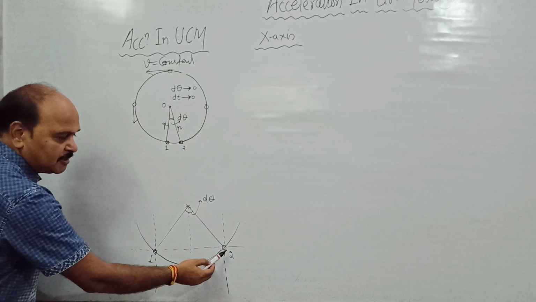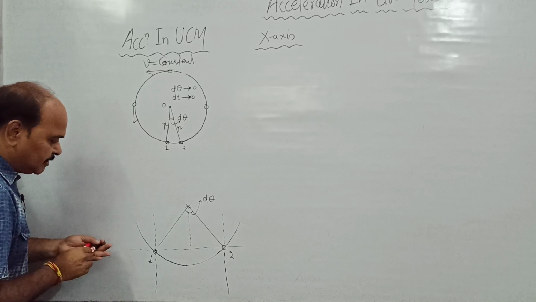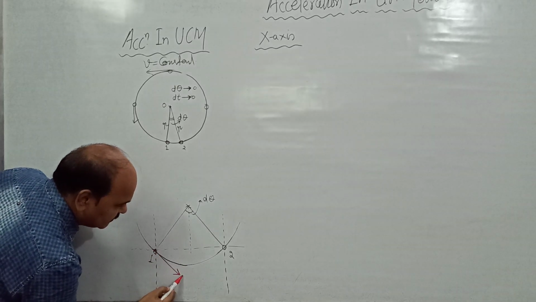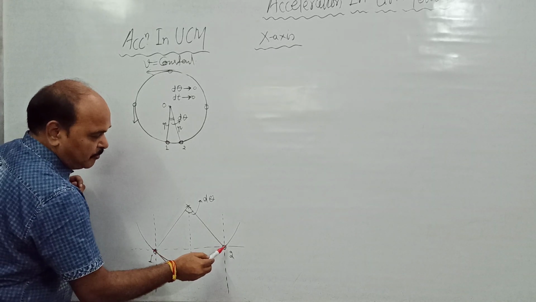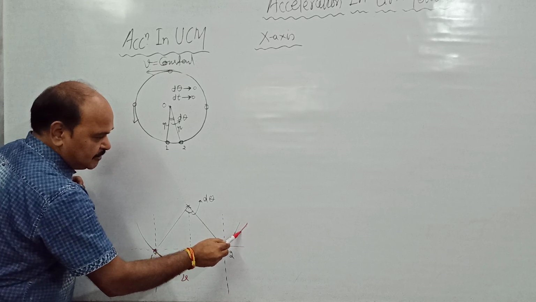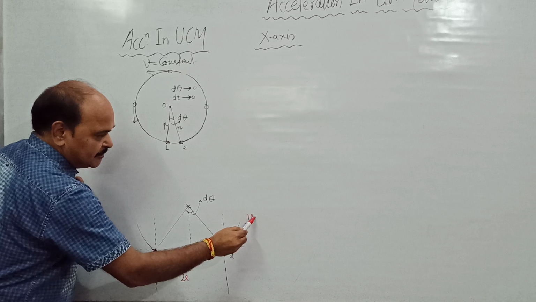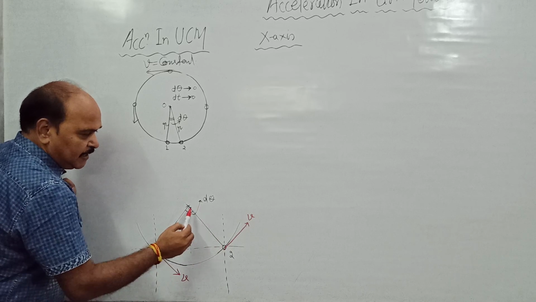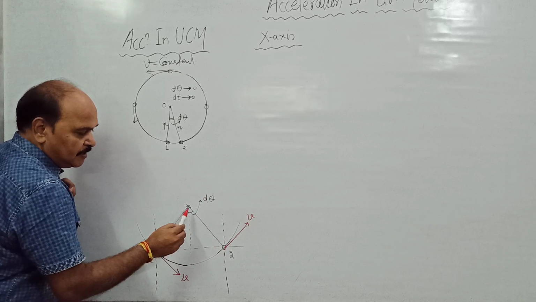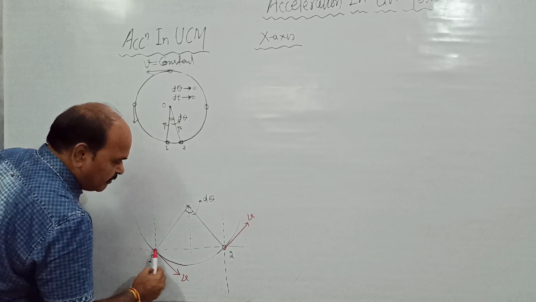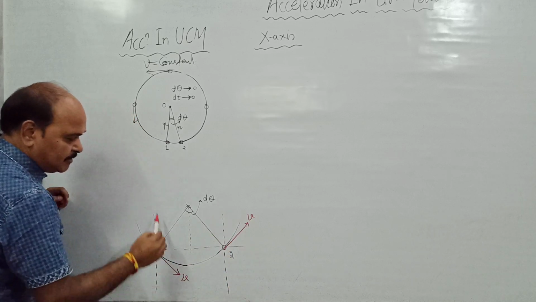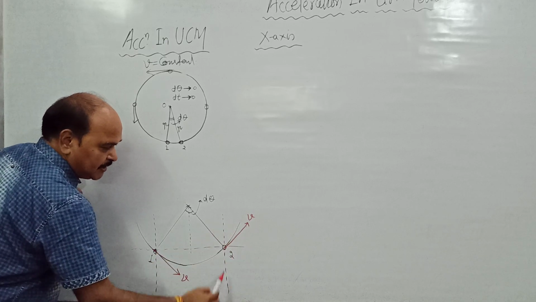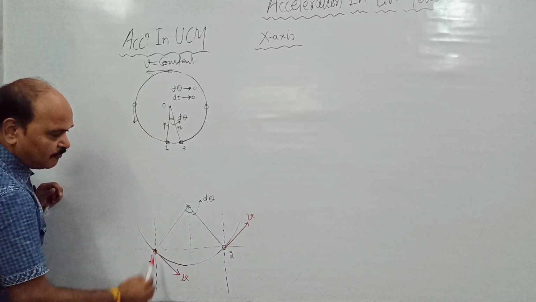So this magnified diagram is shown here. This is point 1, this is point 2. Here the velocity vector is v, like this. And at this point, as the bob reaches point 2, the velocity vector is v, like this. Now, as the bob moves from 1 to 2, this total angle, that is angular displacement, is d theta. What we have done is, we have drawn x-axis as well as y-axis. We have drawn two perpendicular axes. Here also we have drawn x-axis and y-axis.